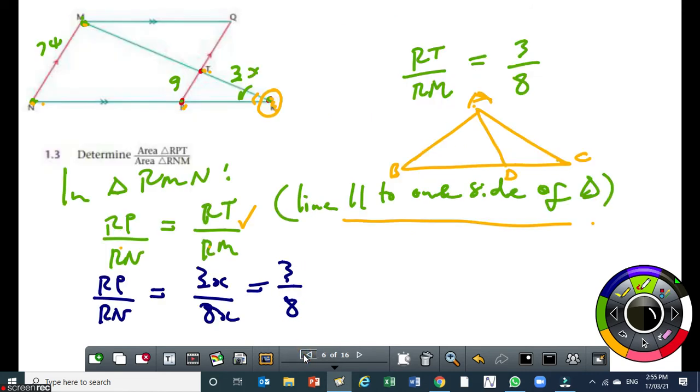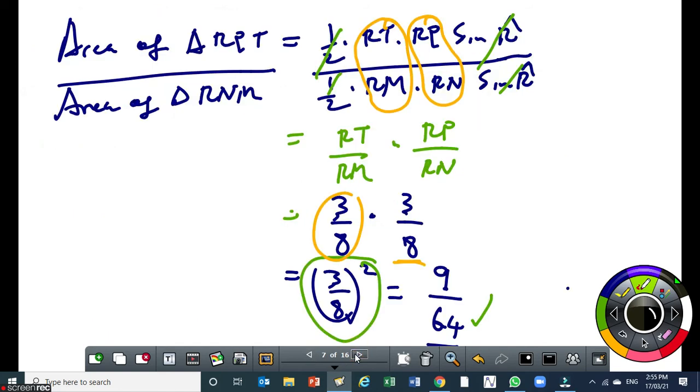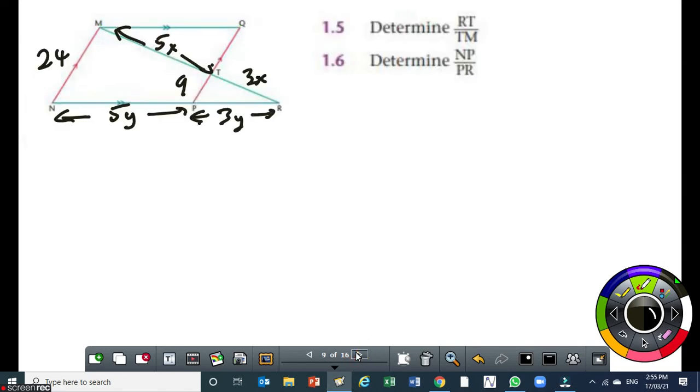It's here. This is RP over RM. Then I calculated RT over RM. That was based on the proportion theorem. Okay? So my suggestion here is to use, okay, initially when we got RP over RN, we got it as 3 over 8. Then from the proportion theorem, we can determine that. So my suggestion is let's say in triangle RMN, if we use the proportion theorem in that triangle,